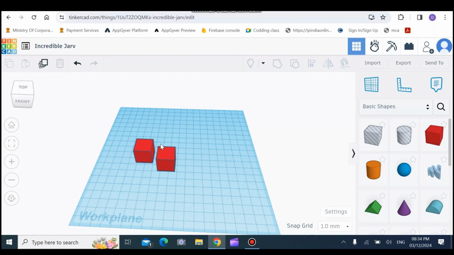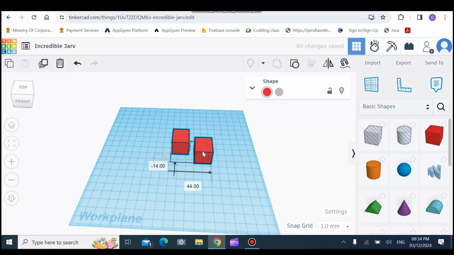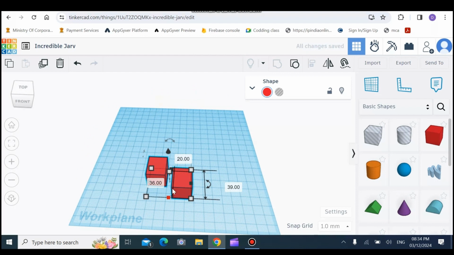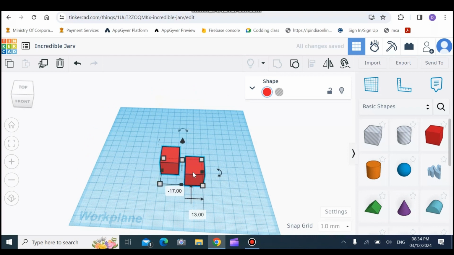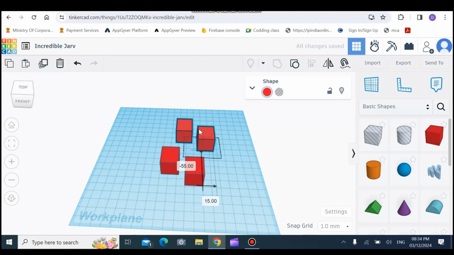This is one part but also two parts. You can say it like that. This is one part because it's grouped. Both of them are together. Look, I can only drag them at once. And if I want to select, I will have to